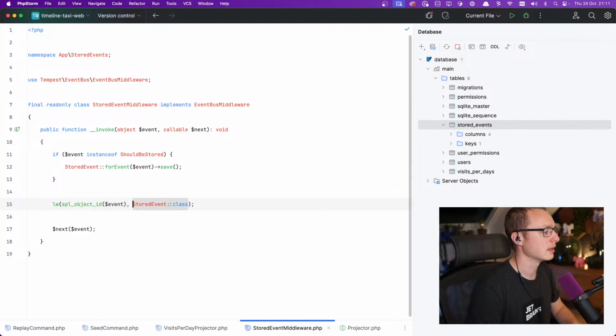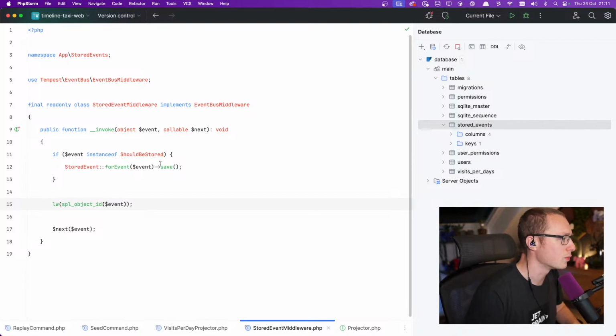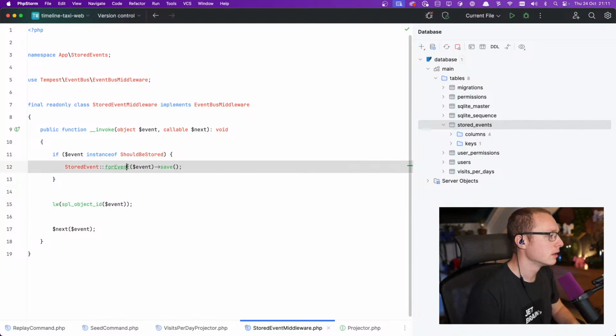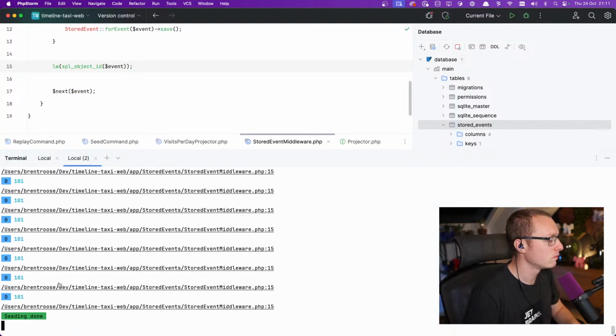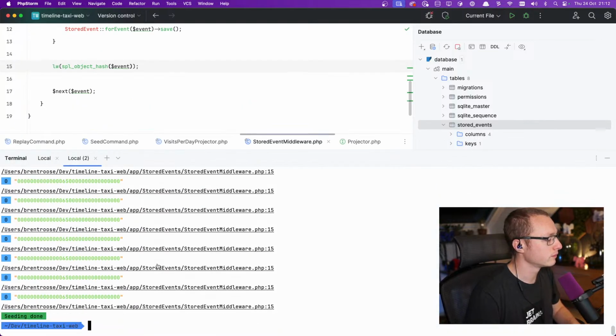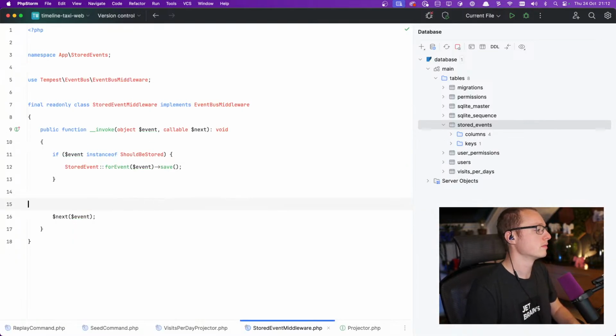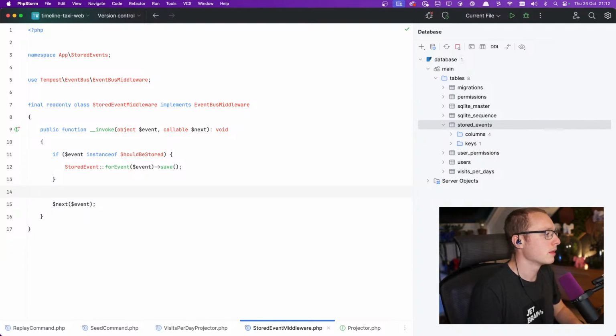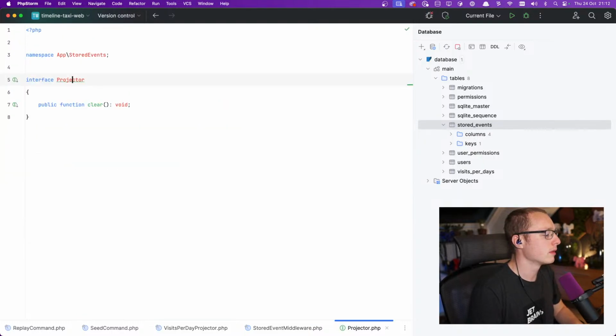I think that you end up like twice in this middleware. Oh, it's all the same object ID. That doesn't help. That doesn't help at all. Yeah, but